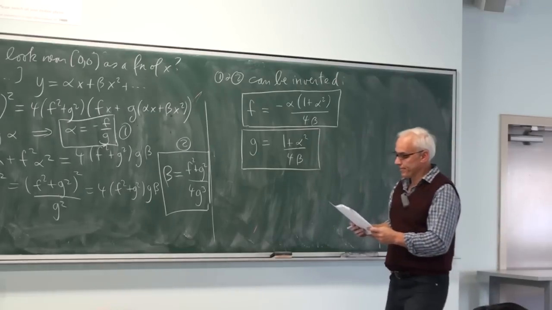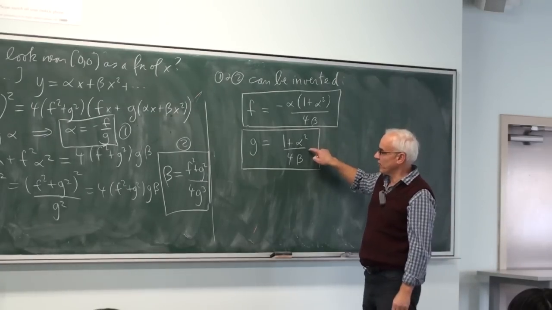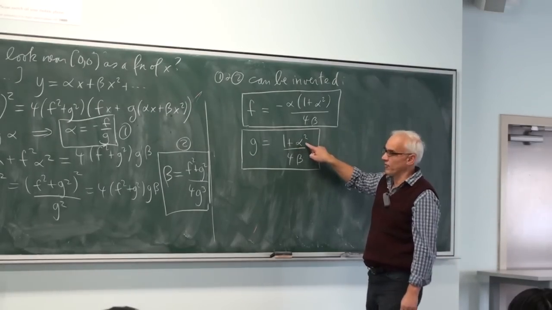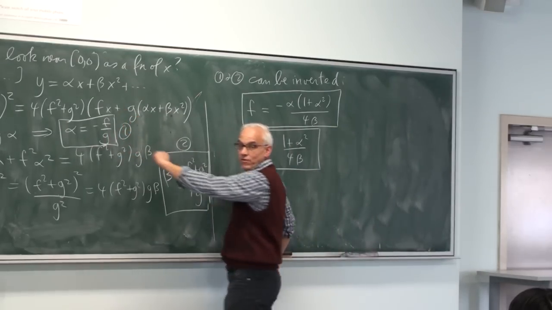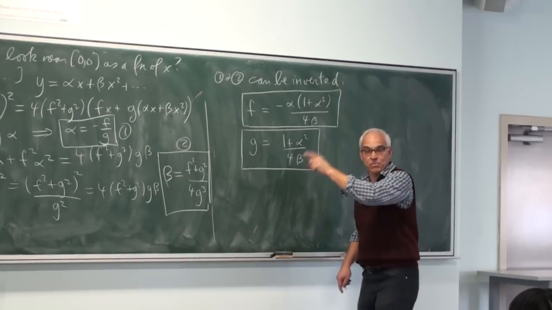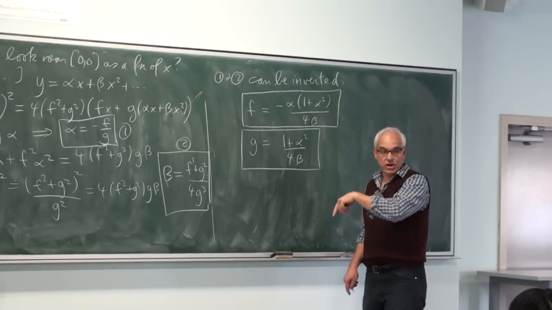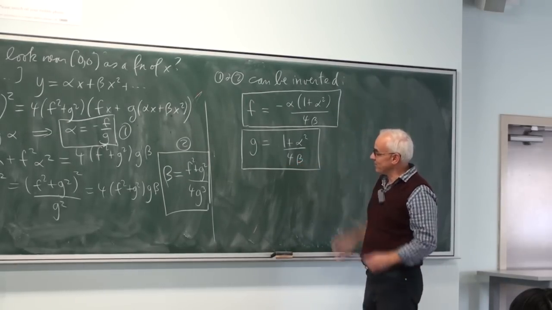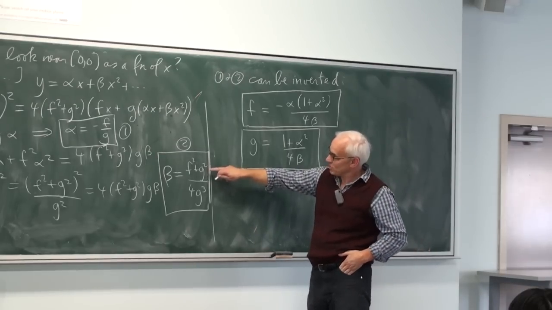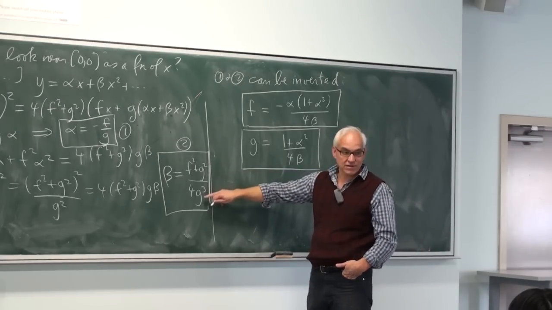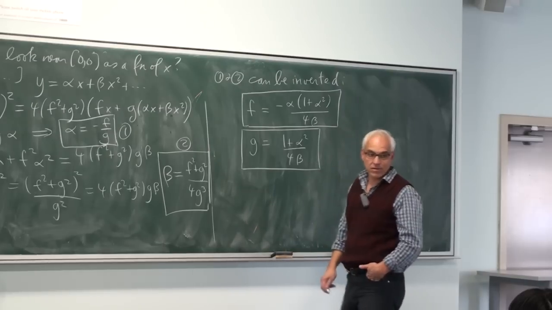Where does that come from? Here's what I think we do. We look at this equation here first. Look at 1 plus alpha squared. If we take that, it will be 1 plus f squared over g squared. So that's f squared plus g squared over g squared. And when you divide it by 4 beta, the f squared plus g squareds cancel, and you just get a single g.